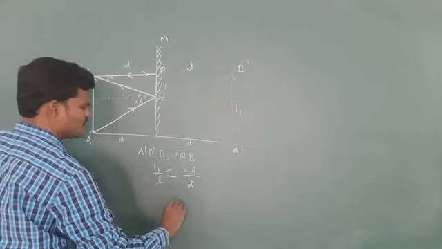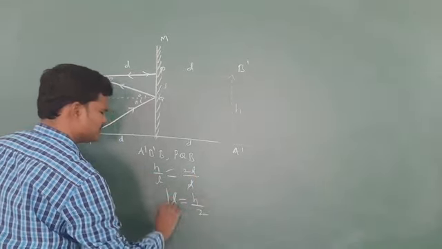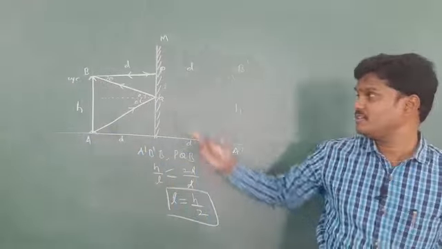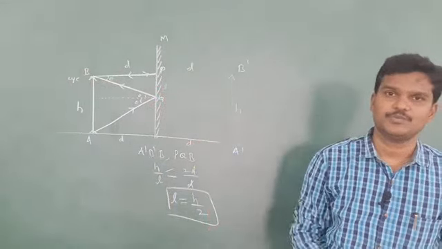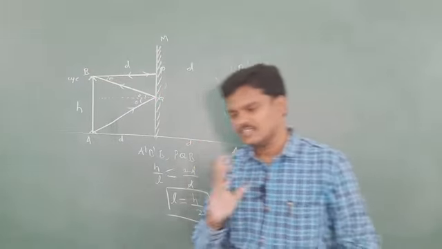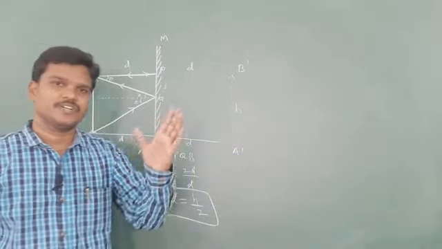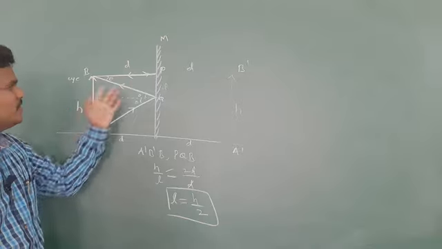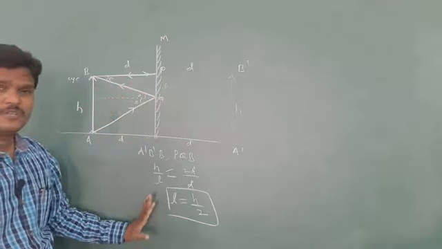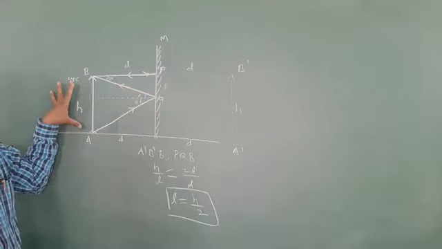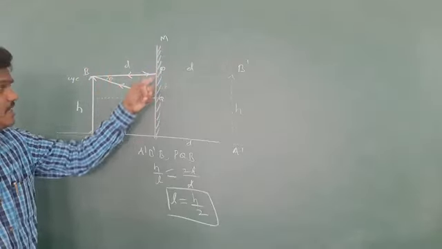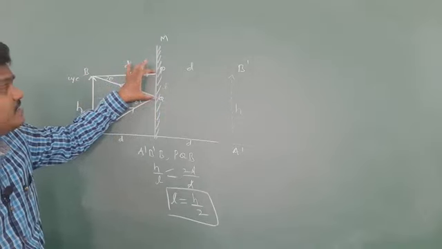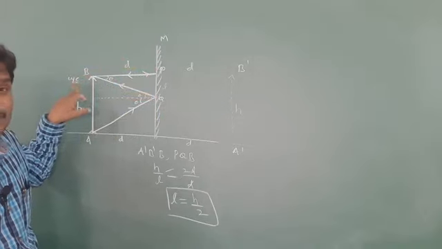So l is equal to how much? Minimum length h by 2. So the minimum length of the mirror required by the person is h by 2. See the concept. A person of height h, still the diagram is not clear. It's manageable because I am using geometry now, so no problem. A person of height h wants to see his full image inside a mirror, then he requires only this length of the mirror. Only this length is sufficient to see his full image.